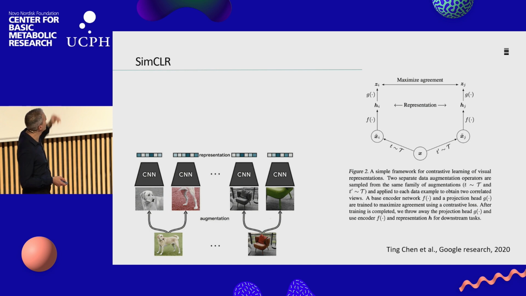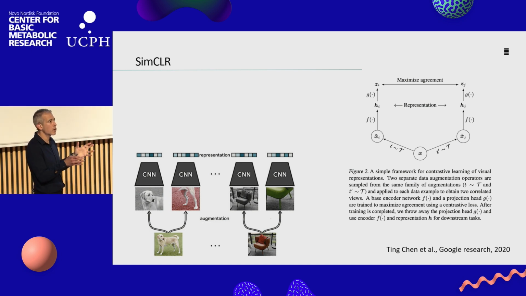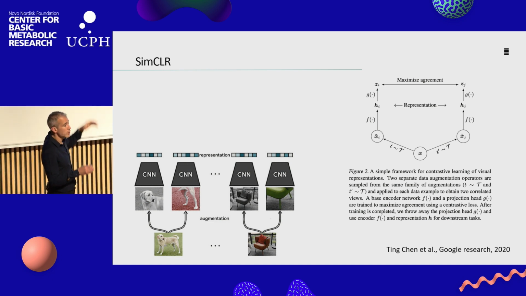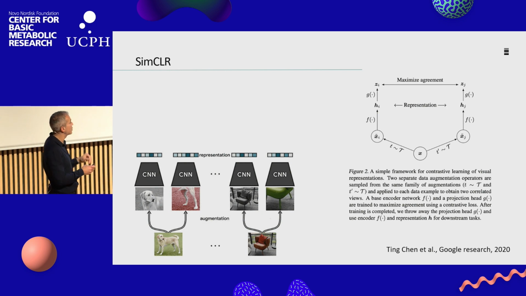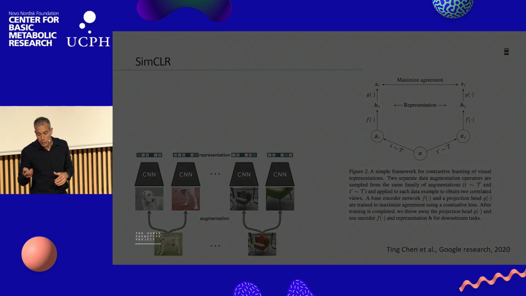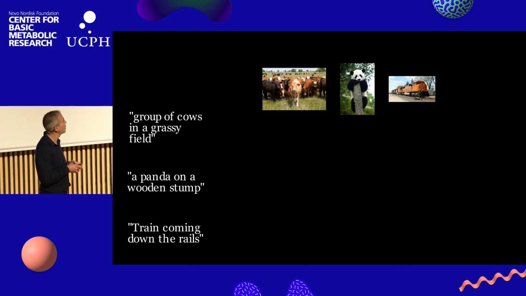You can break it down, you can take different slices of the dog. It's still a dog, and you tell the model that these are similar to each other. Similarly, different patches of the chair are similar to each other, but the chair and the dog should be different. So by doing that, and doing it also for text and images, as in what's called DALL-E that you probably play with in OpenAI,